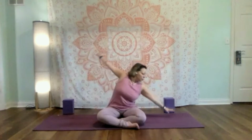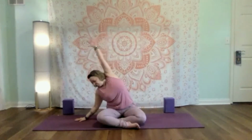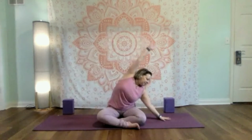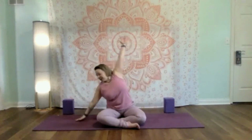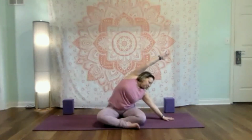Good. From here, take a big inhale. Exhale, take it over towards the left. Reach, reach, reach. And move through center, taking it over to the right. And move through center, take it to the left. And move to the right. This time when we take it to the left, we're going to hold it over there. Reach, reach, reach. Breathe and